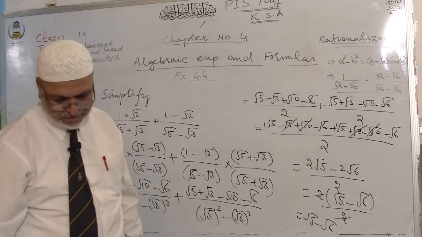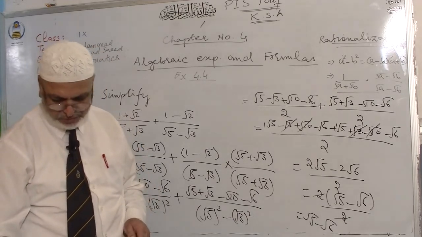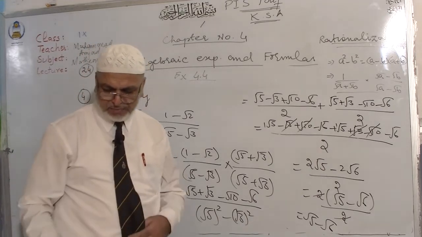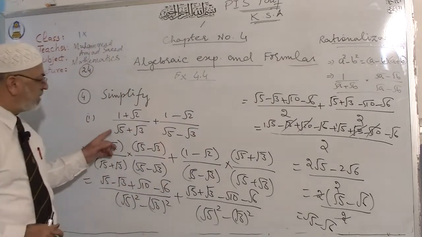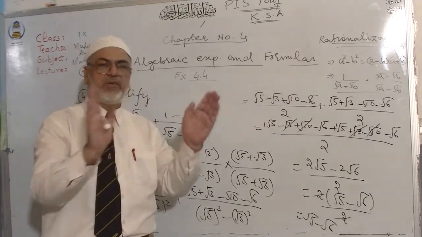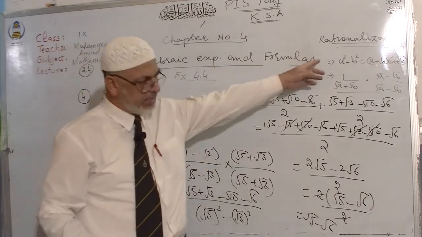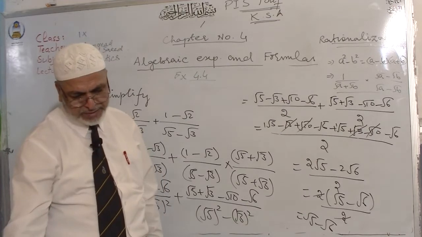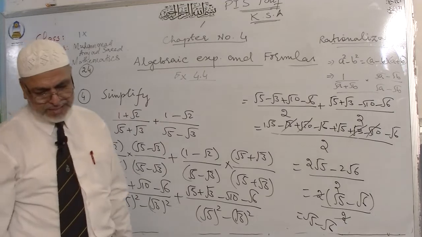After that, I want to tell you that in part number 2, you have 3 terms. In part number 3, there are also 3 terms. So in case of part number 2 and 3, again you will multiply with the conjugate of the denominator, then in the denominator you will apply the formula a square minus b square in all cases. Then after simplification you will get your answer. I hope that you can make use of this question for solving the next part.